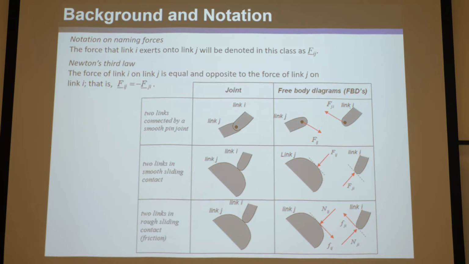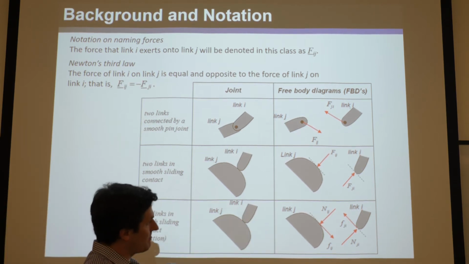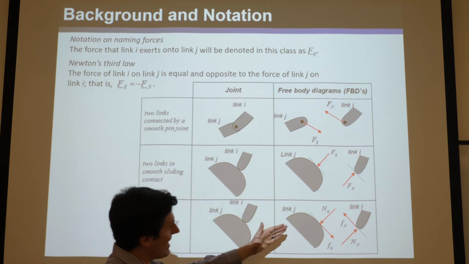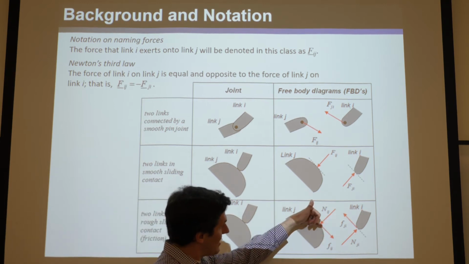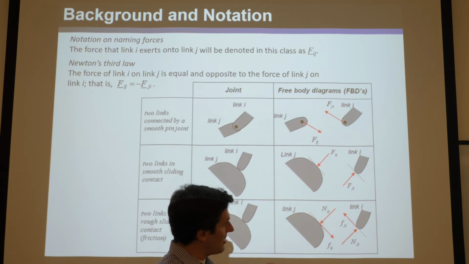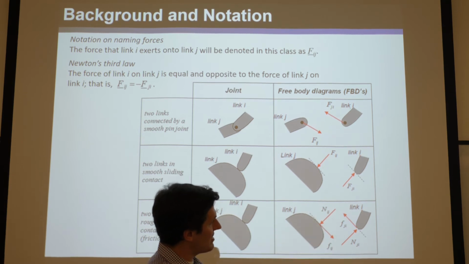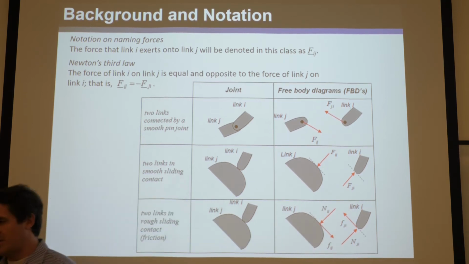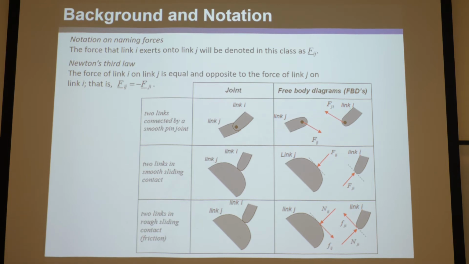But now if the exact same joint was allowed to have friction, well, then there would be a normal component and a frictional component that is tangent, just like you can see here. And they would, of course, be equal and opposite by the same fashion. Okay? So that's important. We'll evoke these simple concepts later in this lecture, but it's important to note if you